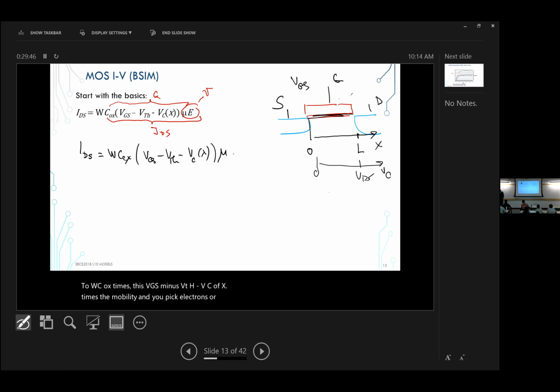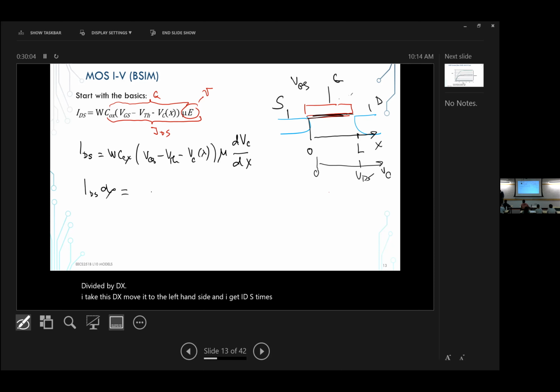An electric field is essentially dVC divided by dx. I take this dx, move it to the left-hand side, and I get IDS times dx equals